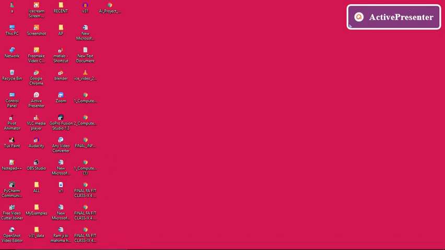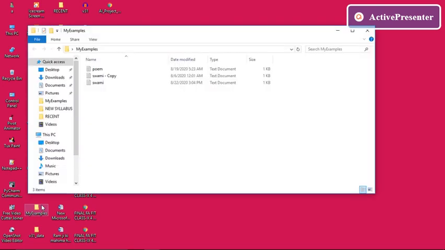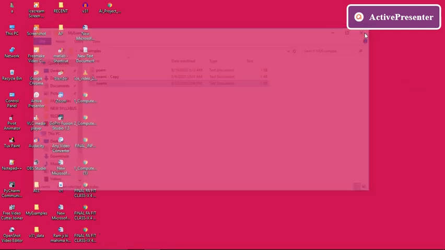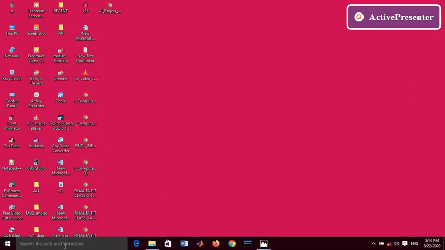First, I have taken one text file, and this text file is present in the folder My Examples, and this My Examples folder is present on desktop. So let us check the content of this file, swami.txt. We can see this is the content of the swami.txt. Now let us open command prompt.